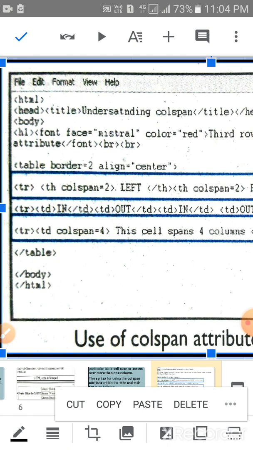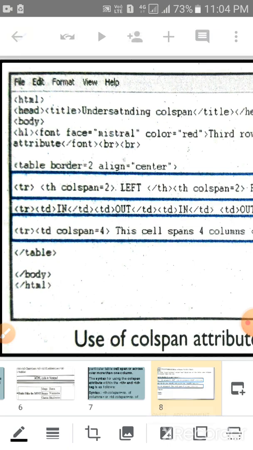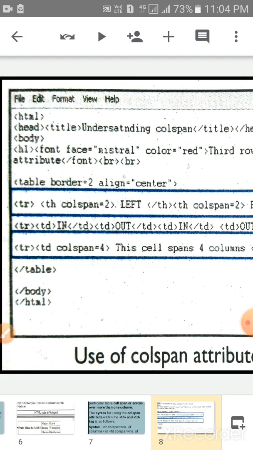After that open the table tag. Table border is equal to 2 and align is equal to center. The table will appear in the center with border 2.